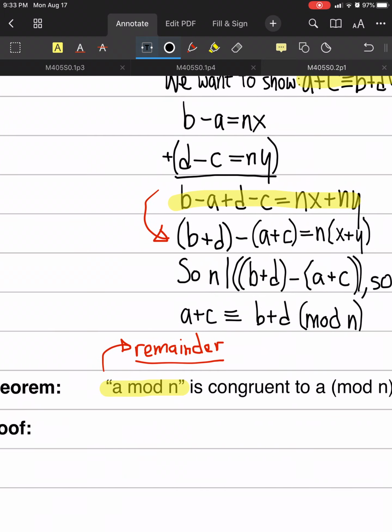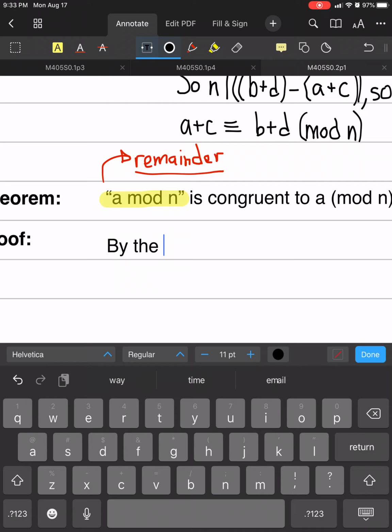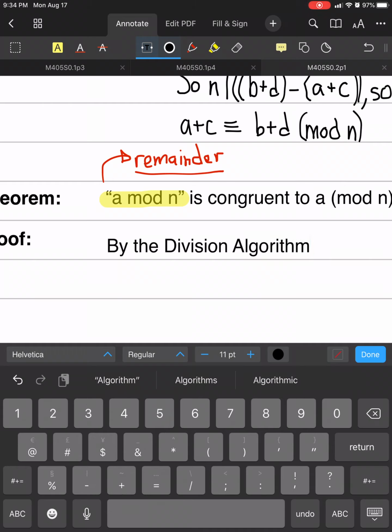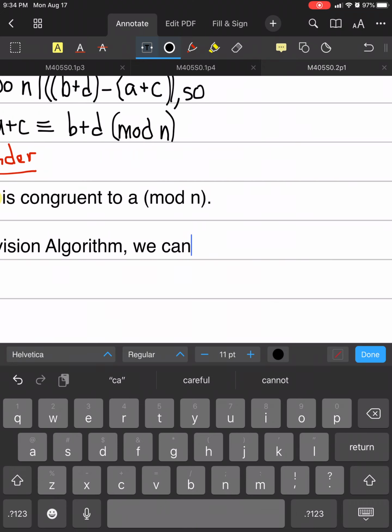By the division algorithm, let me capitalize it. It's important, right? I don't make you all leave your names uncapitalized, so the division algorithm deserves the same respect. All right, so the division algorithm, we can write,